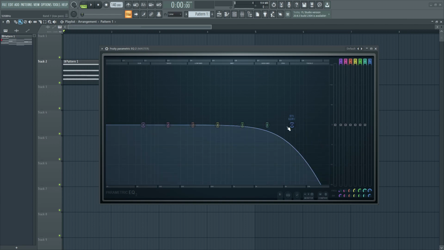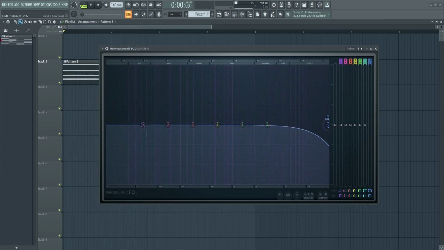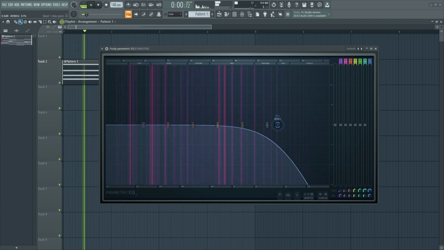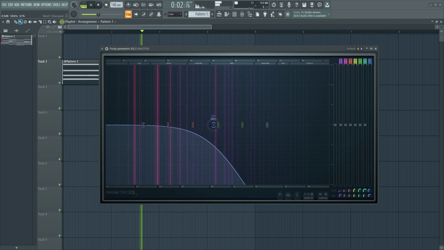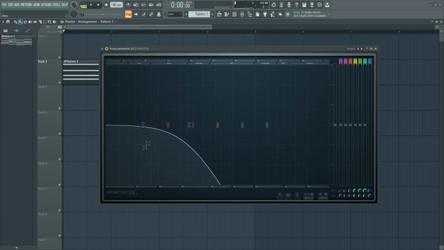If you put your point on low pass shape, it will cut the high frequencies, and this is the shape that you'll get. So let's listen to how it sounds. As I move towards the left, I'll start cutting the high frequencies. And now we can only listen to the low section of the track.